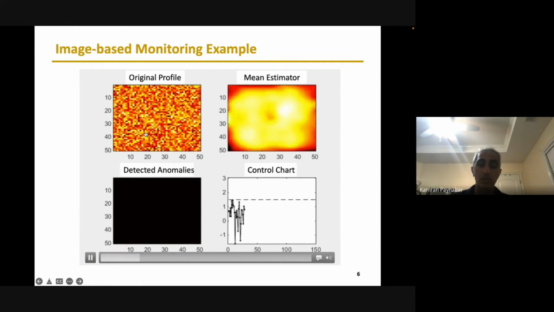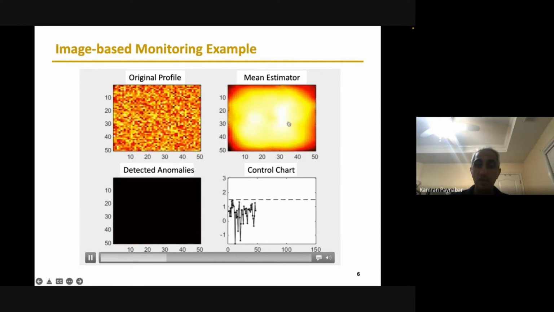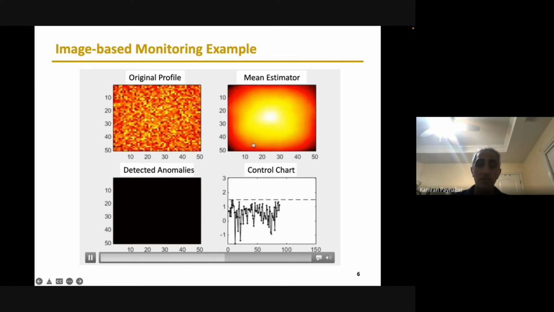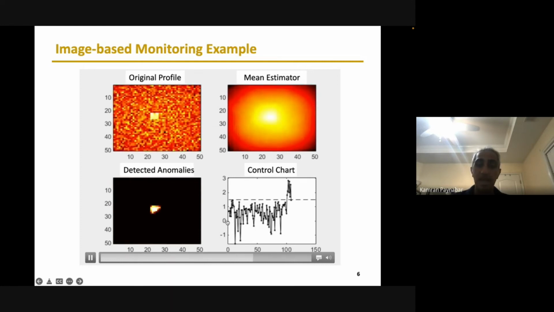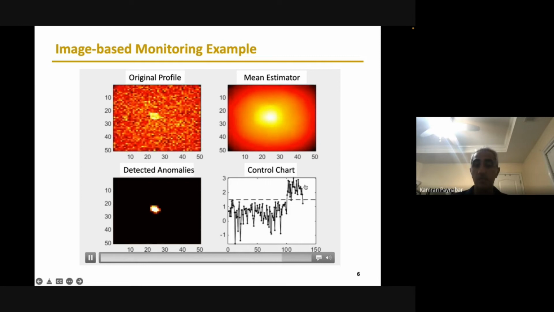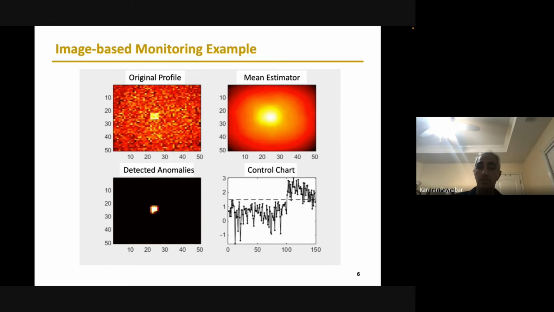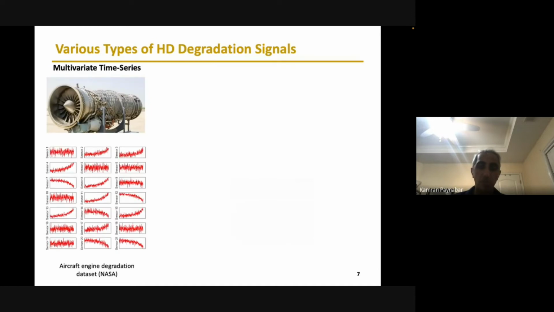As you can see, this is very noisy, but we see that this is a heat transfer process, gradually heat transferring, and everything is fine. Suddenly something happens, we can detect it, and the process goes out of control. And the most important thing here is we are doing this in real time. Again, these are just examples of what type of research I do.